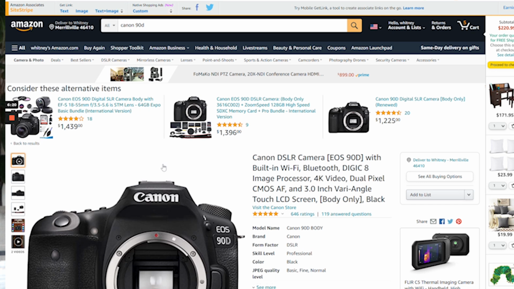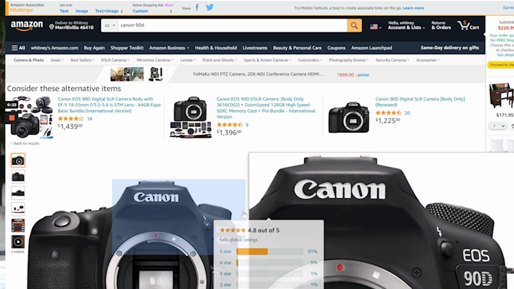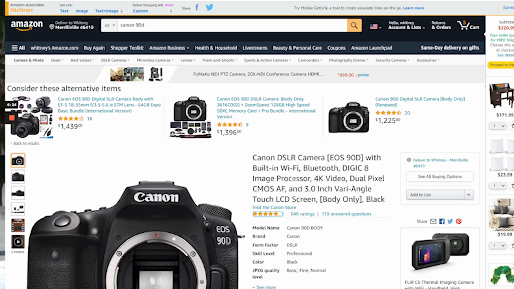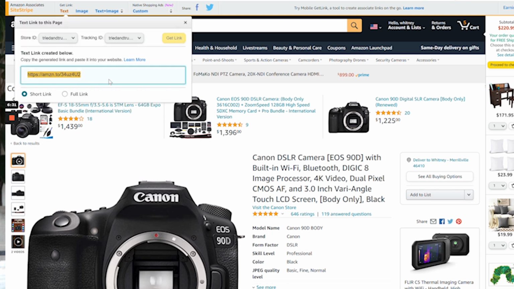But basically, all I have to do is now that this is the camera that I use and this is the one that I want to give to you, if you want to know what kind of camera I use, I'm just going to go here to text and get my affiliate link, and that's it. So if I'm going to copy and paste this, I'm going to give this to you or whoever's asking what kind of camera I'm having. And if they use that link and purchase that camera within 24 hours, I'm going to get a commission on